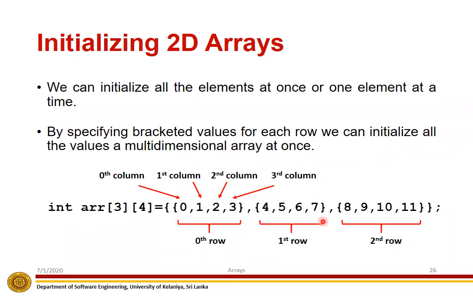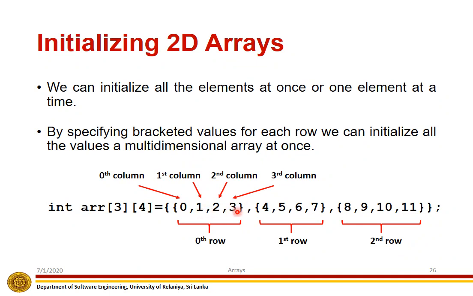This is the first row and this is the second row. Inside of this inner curly braces, we can give columns separated by commas. So 0, 1, 2, 3 are the elements. This is the 0th column, this is the first column, this is the second column, and this is the